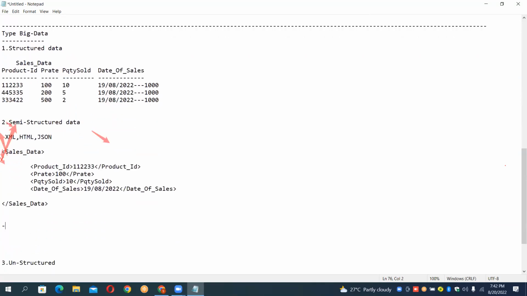So now JSON. The data in a JSON file will be recorded in a key value pair. In which one? Key value pair. The data is the same thing. If the same data I am writing it,